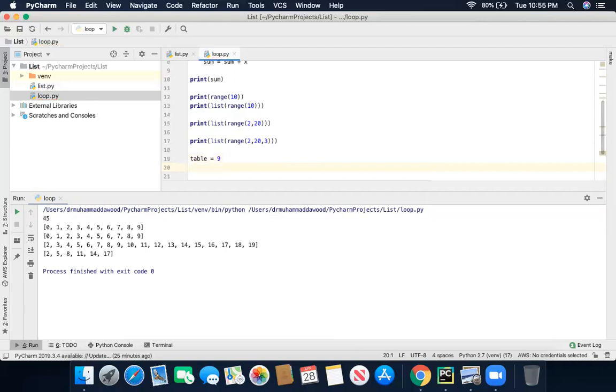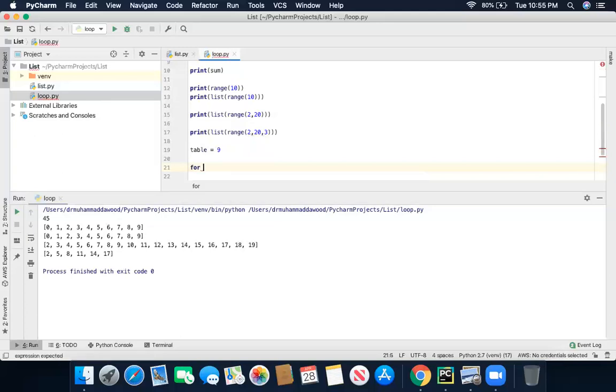Now for i in range, where should our table start from? 1. And where should it end? It's a sort of index, so we write one more, so it will go to 11. Due to 11 it will show us the numbers till 10, the total 10 digits.